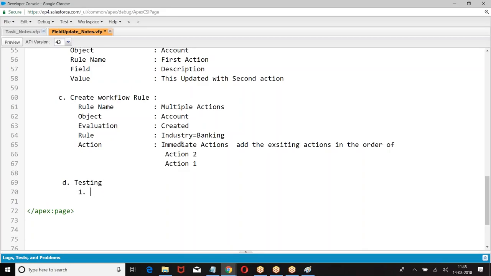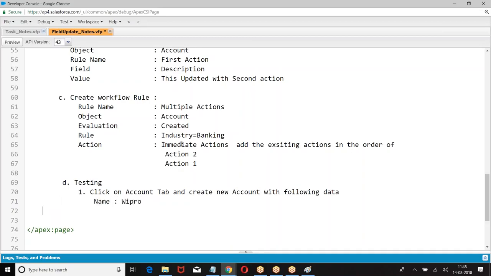Open, click on account tab, get new account. Save the record. Then what will happen?